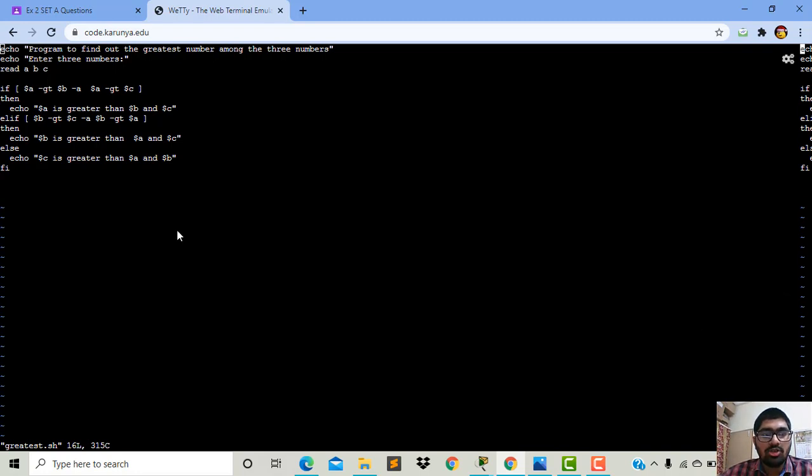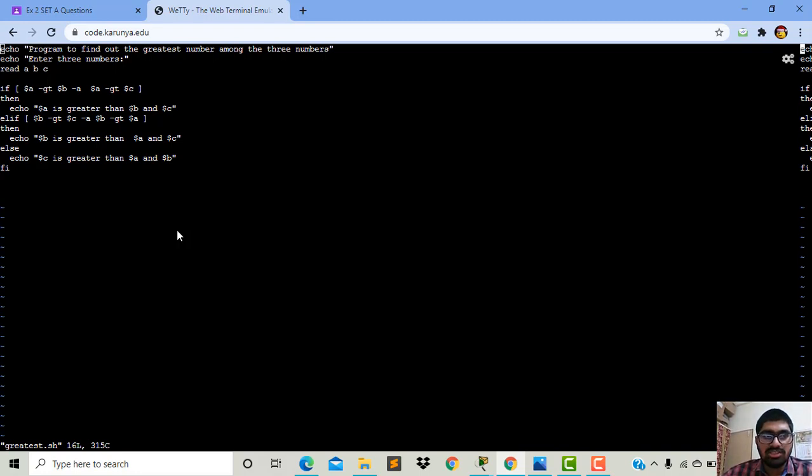And to find the greatest number, we have to use if else. Here, if $a is greater than $b. We have seen recently that to perform the greater-than comparison, we use -gt.